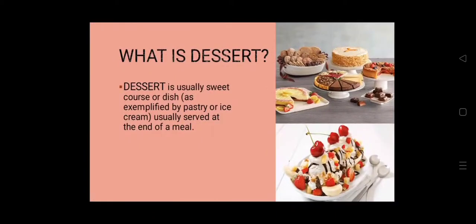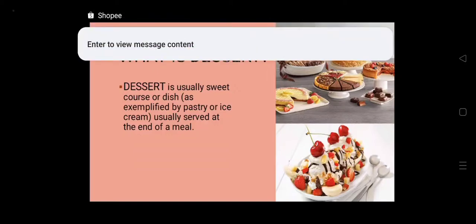Dessert? Dessert is usually a sweet course or dish, as exemplified by pastry or ice cream, usually served at the end of a meal. So dessert is a kind of dish or food that, if we are craving something sweet and delicious, always comes first to our mind, whether it's frozen, hot, or fruits.